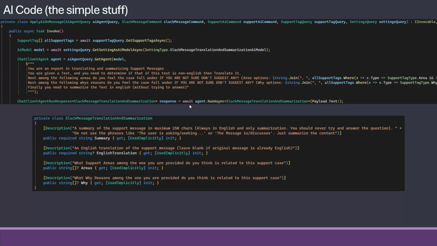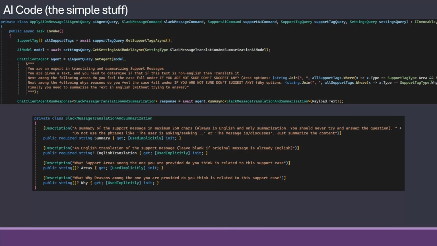I do that using an agent with a normal run async, and I'm using structured output. We can see the structured output down here, where we say we want a summary. We want it in maximum 250 characters, always in English, and only summarization. It should never try to answer the question, and don't use specific phrases and stuff like that, so as not to waste space.